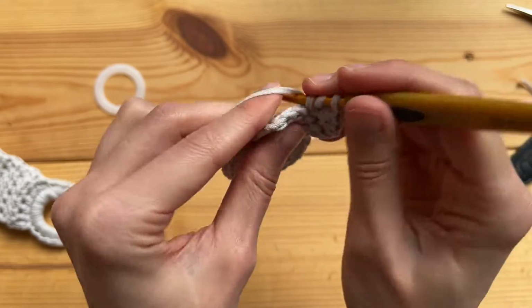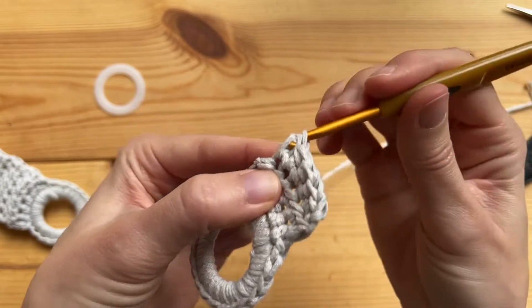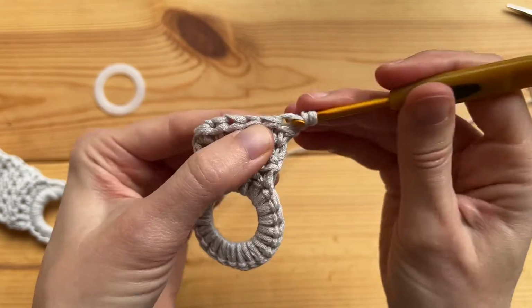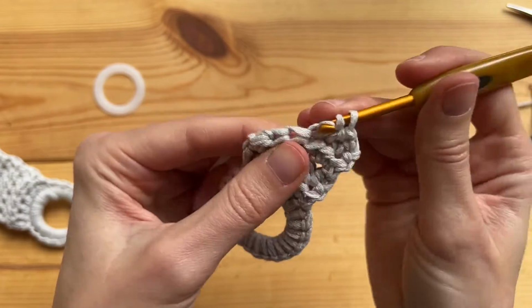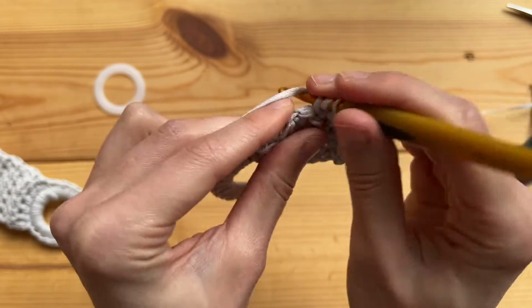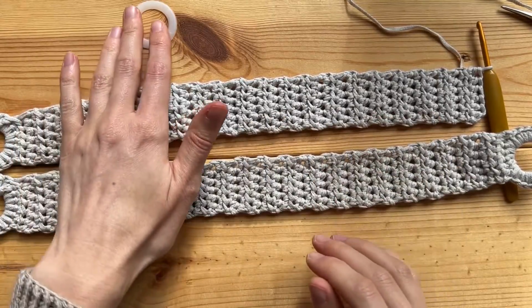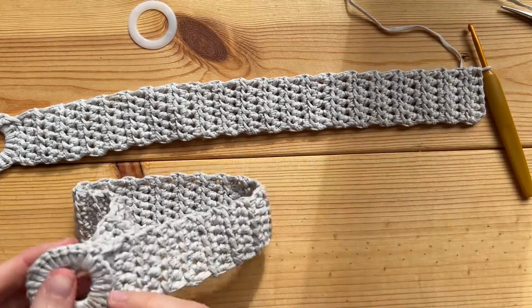Crochet as many rows as you like, and I'm just doing this until my tape is long enough for my curtains, so I will just hold them to my curtains and see if they're long enough or not. So now that's my length, and I'm done crocheting the length, and now we're going to crochet the second ring,